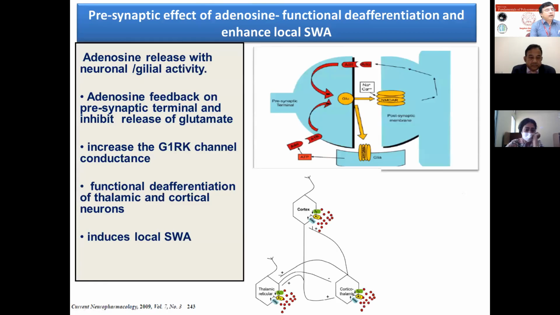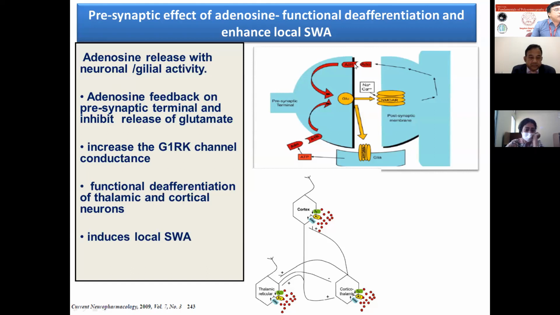As it was told, the receptors of adenosine are expressed in both presynaptic and postsynaptic sites, so it means that adenosine induces sleep by both presynaptic activity and postsynaptic activity. So how does adenosine help to bring about the slow wave activity or sleep? By the presynaptic activity. Once adenosine is released because of the activity of the neuron and glia, now the